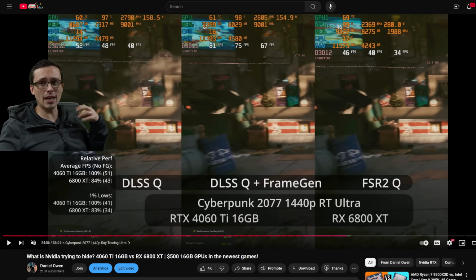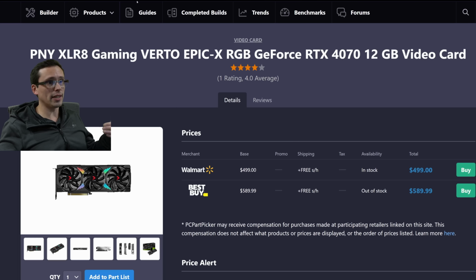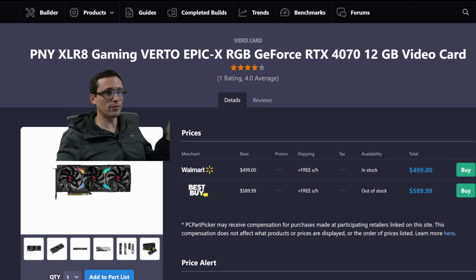Now, that doesn't mean that I believe that for every single price point. Once you get to a certain performance level, the ray tracing results are a little more compelling. What do I mean by that? Well, my next step up is, if you do have $500 in your budget, I was saying it might make sense to buy an RTX 4070 at that price, which is currently available at $499. Now, the overall raw performance here is going to be about the same as the 6800 XT. There's not a big difference in their overall raw performance. But you do then get the better upscaler with DLSS versus FSR,